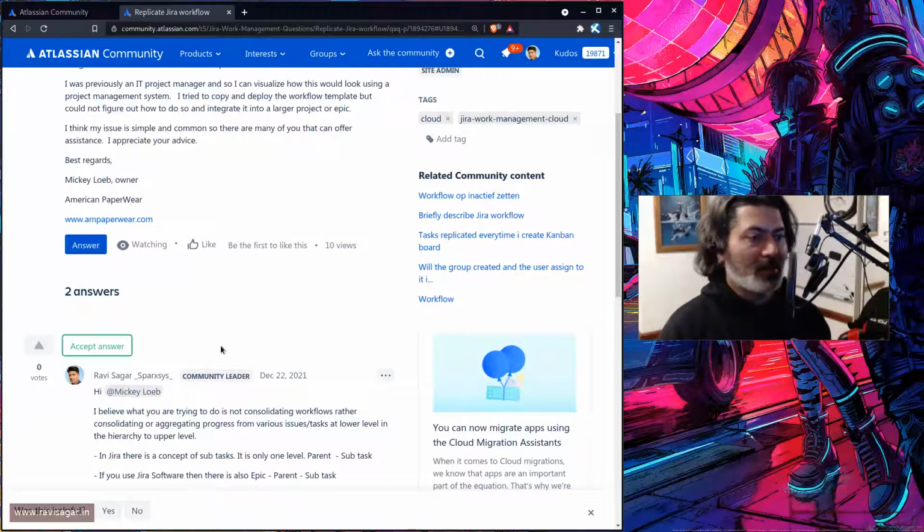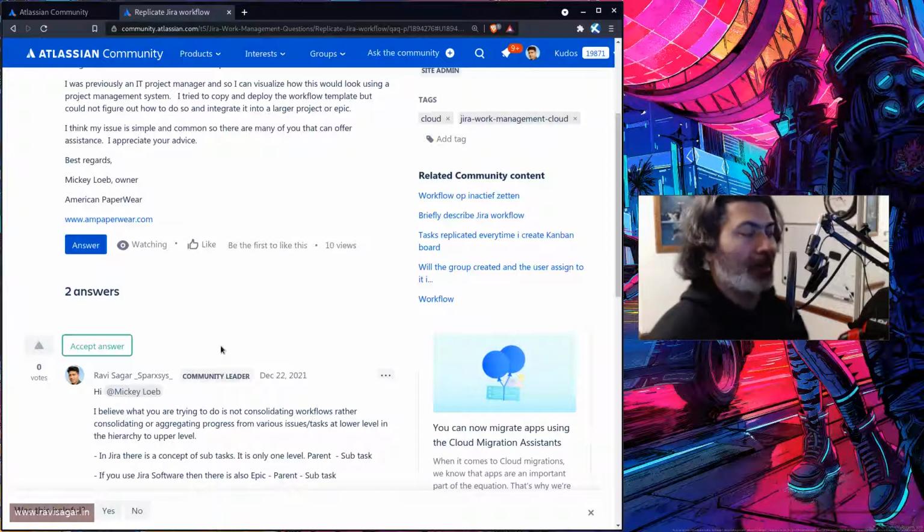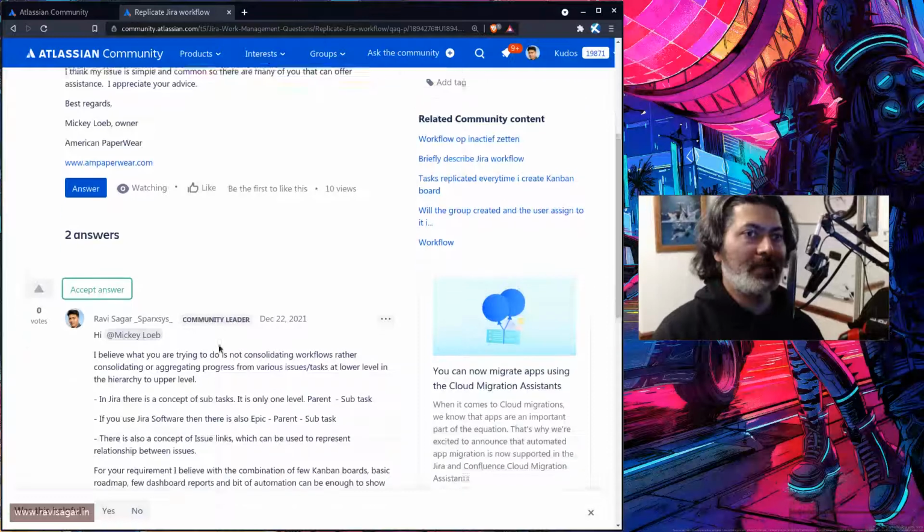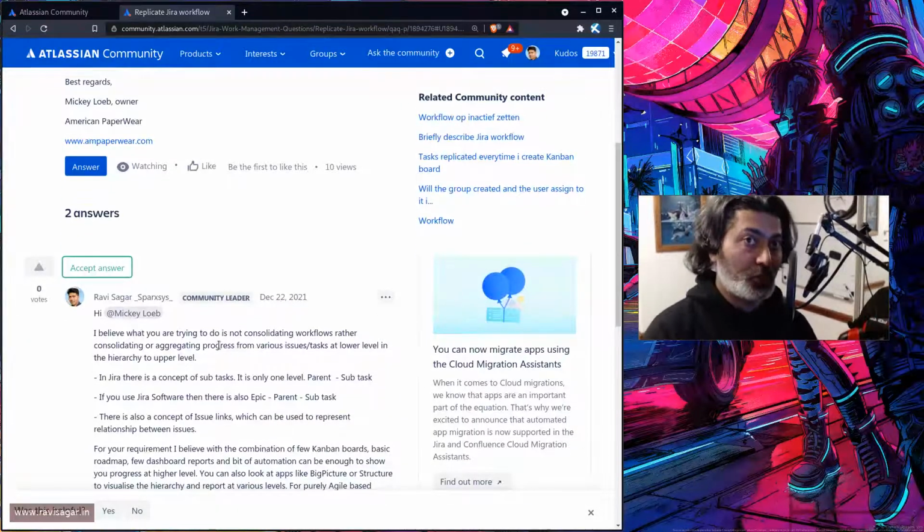And if you reuse the same workflow scheme for another project, those projects, or that particular project or multiple projects, if they have the same issue type, they will also get the same workflow for that particular issue type. So that is how Jira works. I'm talking about the association of projects, issue types, and workflows.